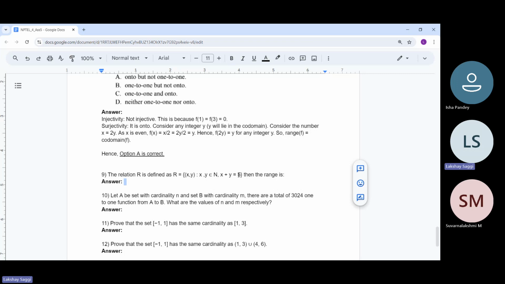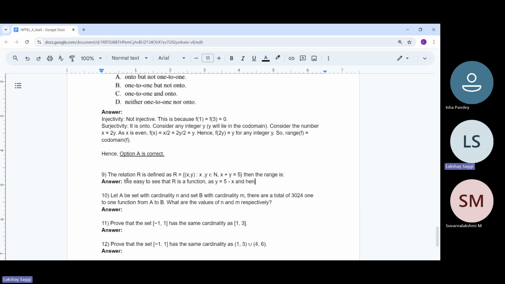So y will be nothing but equal to 5 minus x. So for any x, we have a unique image of that x, which is equal to 5 minus x. So it is easy to see that R is a function as y equals 5 minus x,